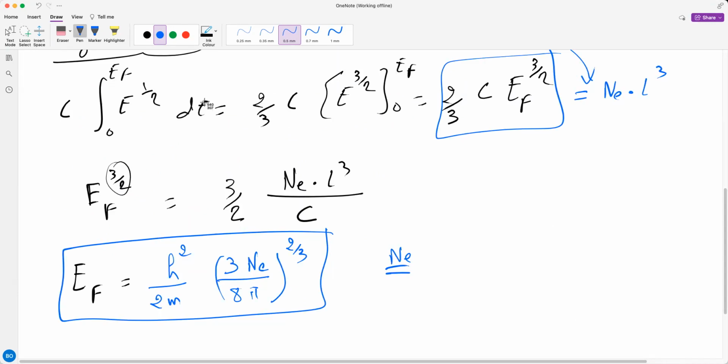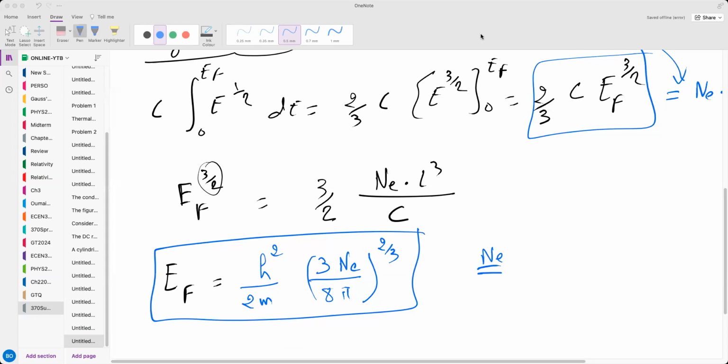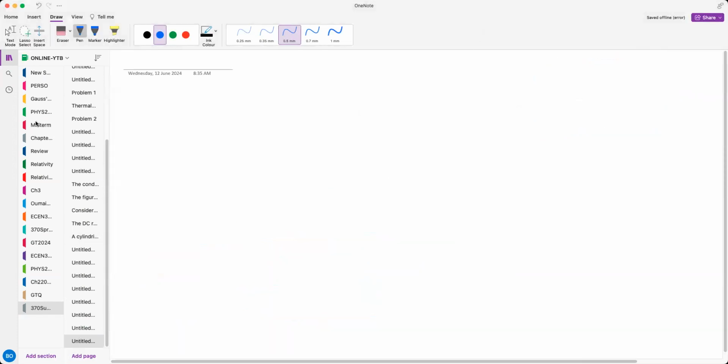Just give me 1 second. Okay, so now I want to give an example here. Recording again. So what I was doing is the following: an example. I was going to start an example. So the example is